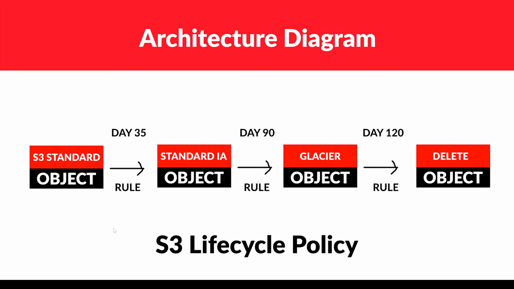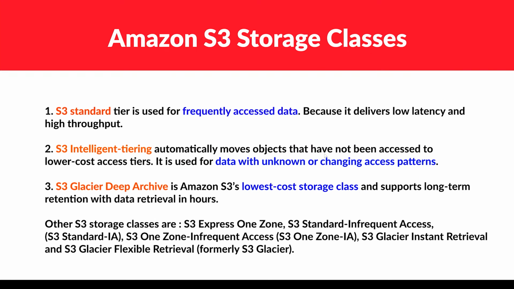Alright, so in the architecture diagram, as you might be seeing, first is the S3 Standard. After 35 days we can create a rule where it will go to Standard infrequent access. The further right you go, the cheaper the option will be. So Glacier, just remember it. There are many variations of Glacier. In the previous slide, we saw Glacier Instant Retrieval, then S3 Glacier Flexible Retrieval, then Glacier Deep Archive. Just remember, whenever you see the term Glacier, think of cold storage, or data you don't want